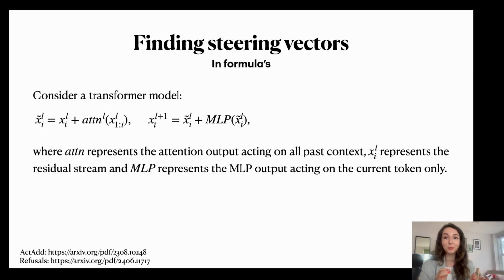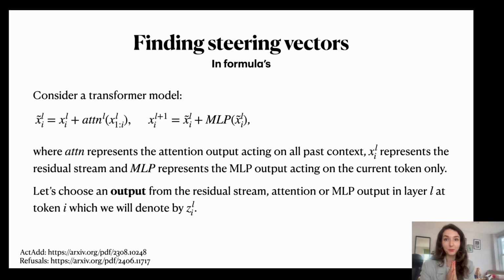Now, there's a little bit more subtle details that we have to make when we say take out the activations. So let's look at a little bit more detail into how we actually get the steering vectors. Here I consider a transformer model, classic setup. We have our attention mechanism, our residual connections, and our multi-layer perceptron. What we need to do is make a choice. Whenever I said, let's take the activations from a particular layer,